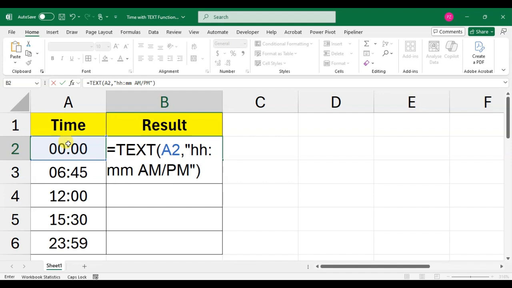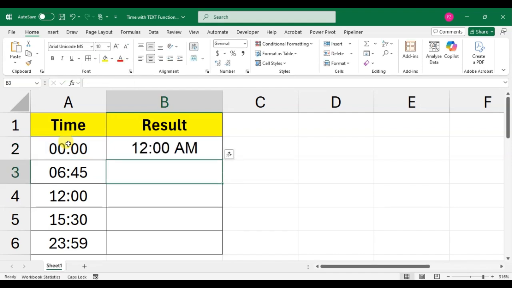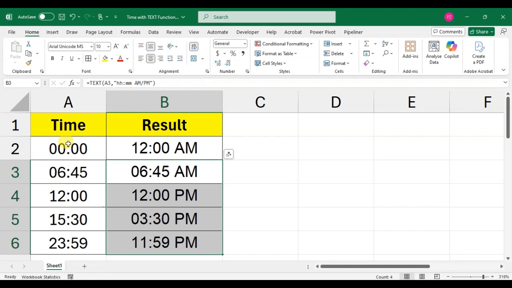close. Okay, that's it. Press Enter, and here you see your time format is done. So I just copy this formula and paste it in the cells below, and that's it. This is a way you can easily format time with the TEXT function in